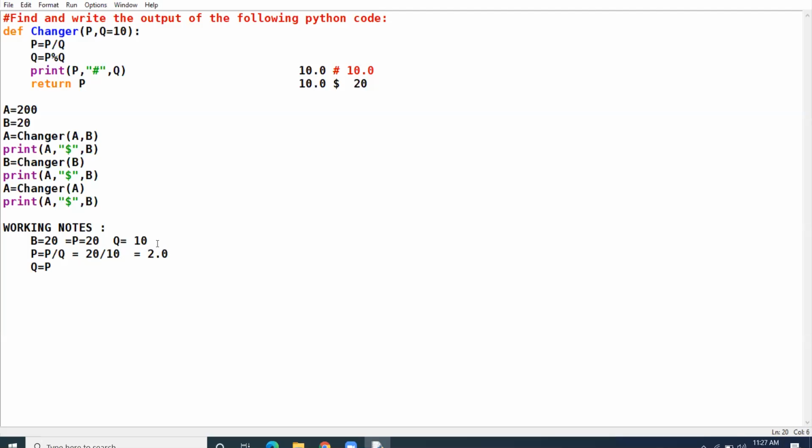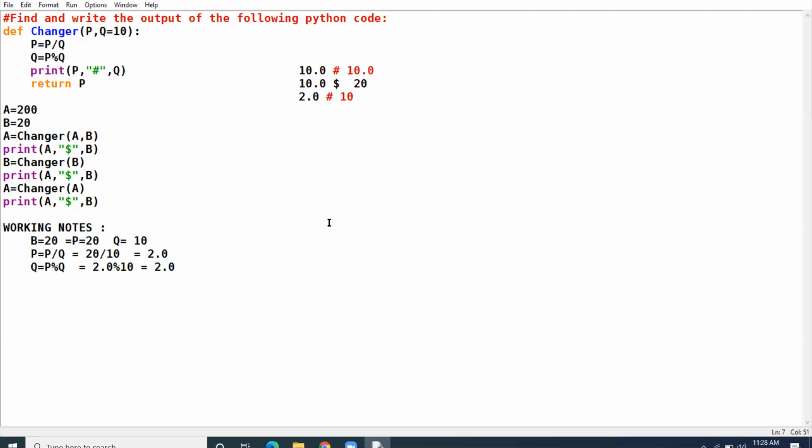Q is P modulus Q. The value of P is 2.0 modulus with 10. It will give 2.0. So the third answer that will be displayed over here will be 2.0 hash 10.